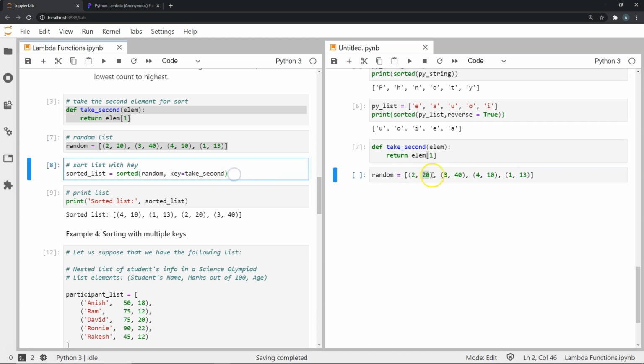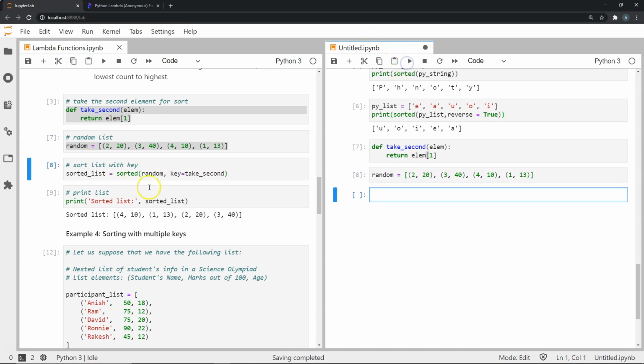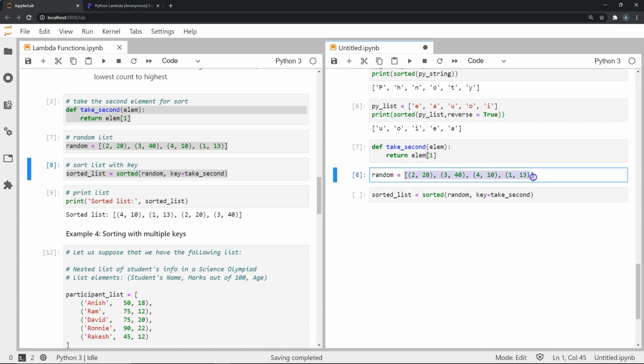So let's actually do this now. What I have here is, I am going to create a sorted list which is going to use a sorted function on this iterable, which is a list of tuples. It's called random. Now my key is going to be take second.